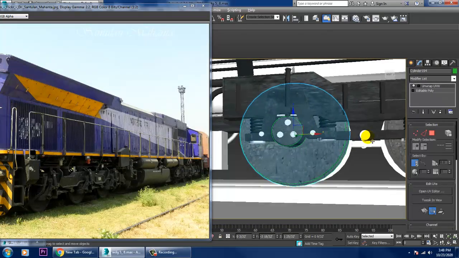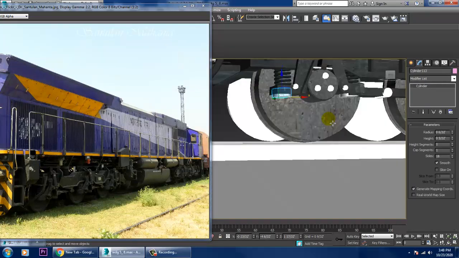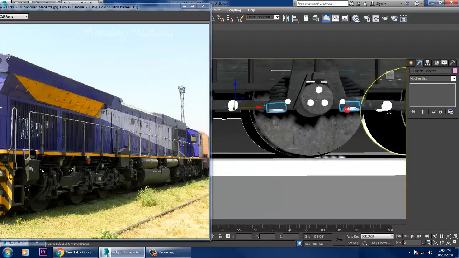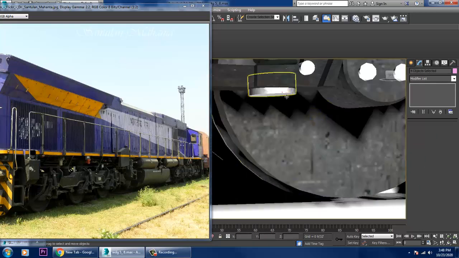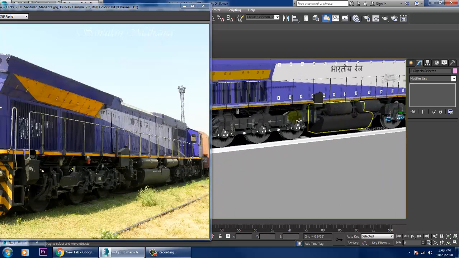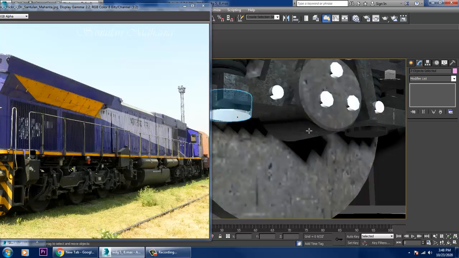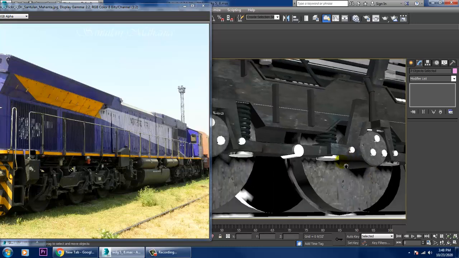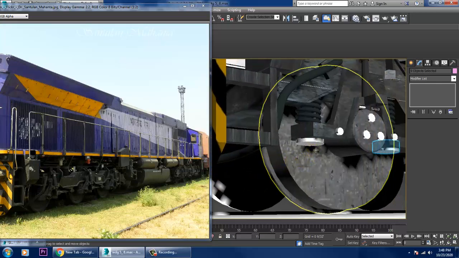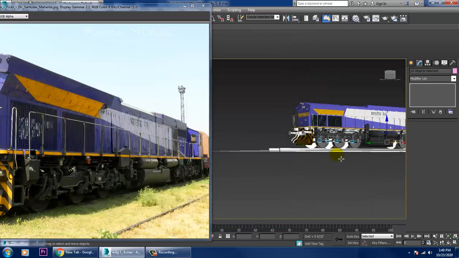So let's select this part, select this, select this all. Let's just assign the same flat material for this.